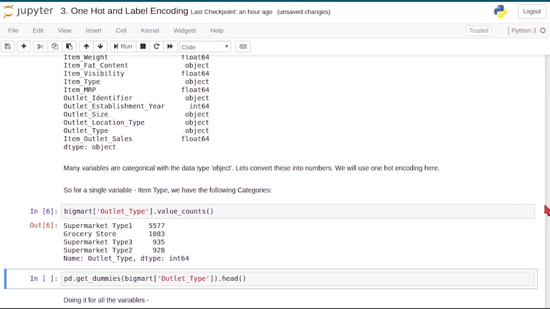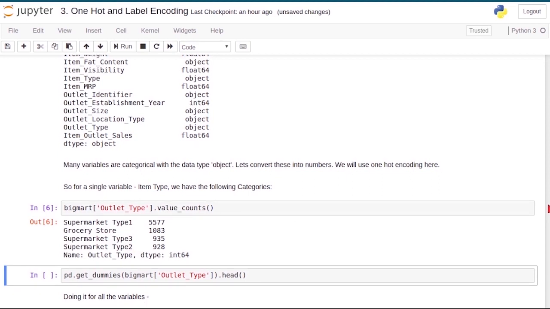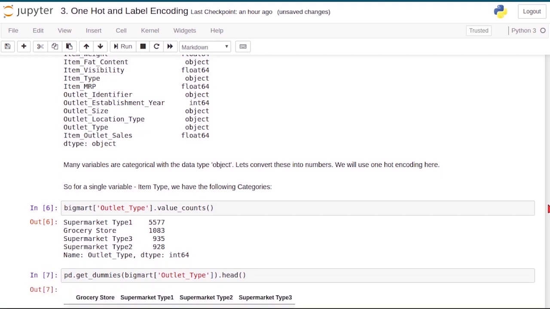Perfect. Now let's use one-hot encoding on this. Performing one-hot encoding is actually very simple in Python. All we have to do is use the pandas get_dummies function. So in this code block, I've applied this get_dummies function on the outlet_type variable.